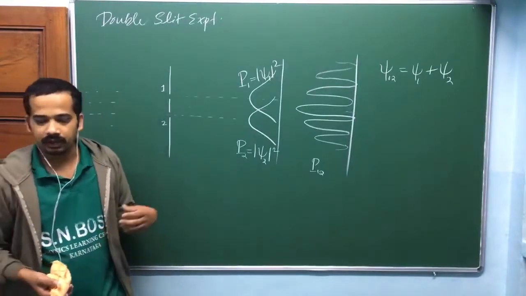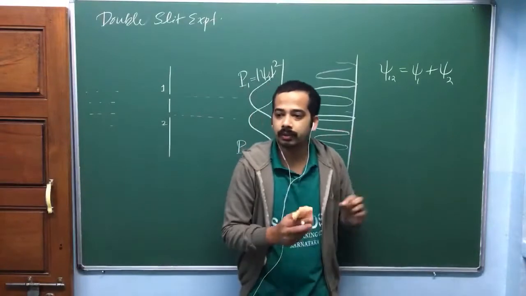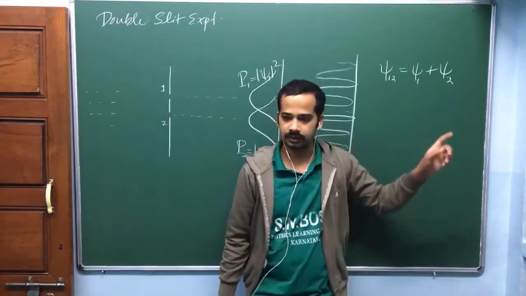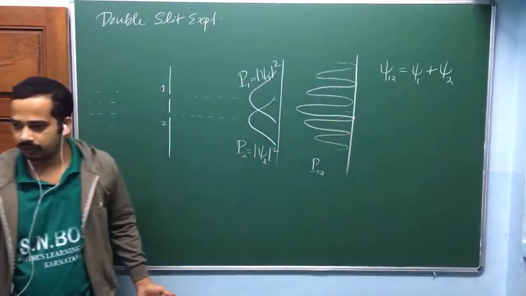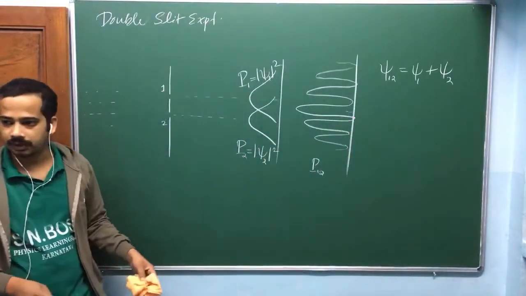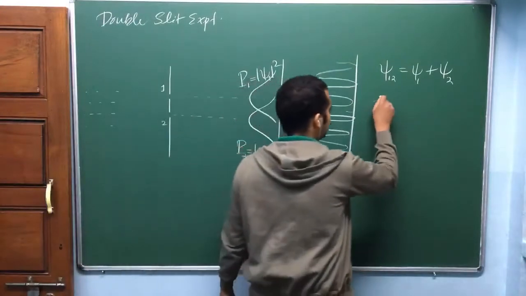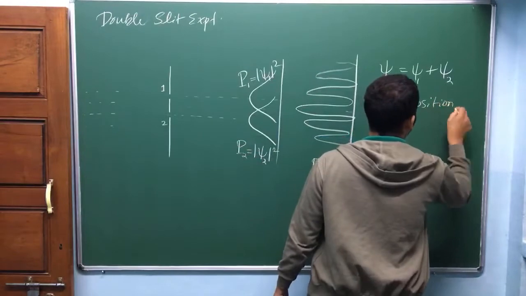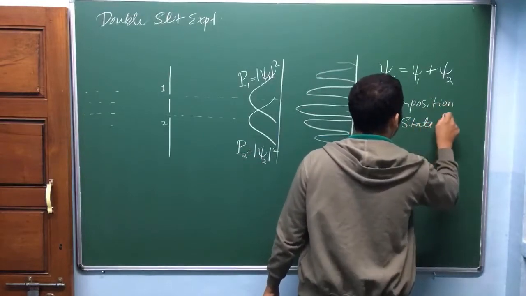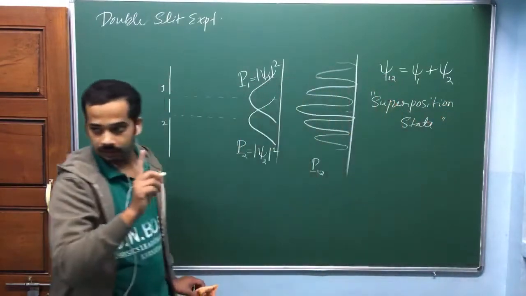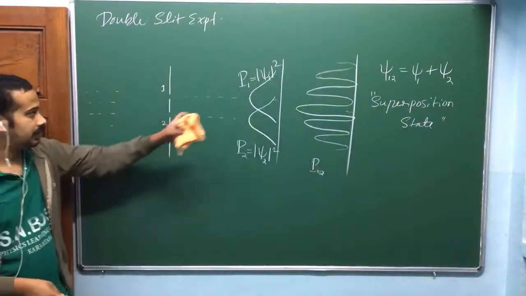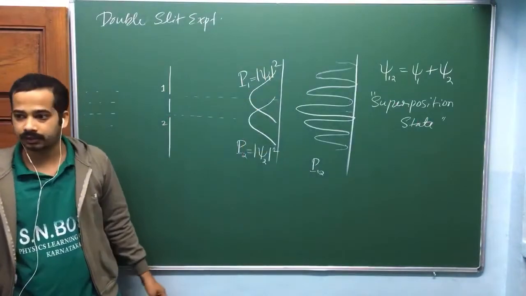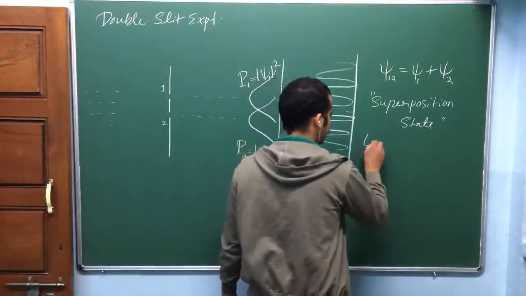So if you are worried about the word superposition state, you go for linear combination state, because these are linearly combined. That's what we use in pure linear algebra. We call this one a superposition state. We are defining the state for one particle. One particle can be in psi 1 state, in psi 2 state, or in psi 1 plus psi 2 state. You can call it a linear combination state.